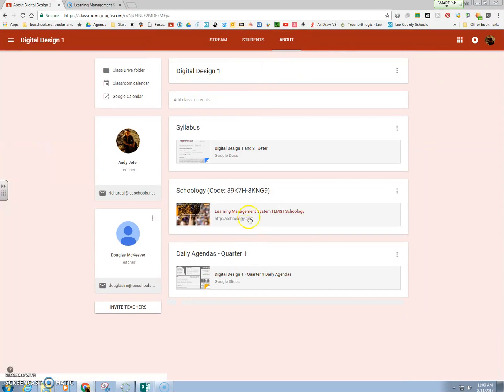this is the easiest way to register for Schoology. There's a thing that says Code. If you highlight, that's weird, my screen just went off. There we go. You highlight that where it says 39K7H whatever, and then right-click it and copy it. Or if you like shortcuts, you can do Control-C on your keyboard. Then go into